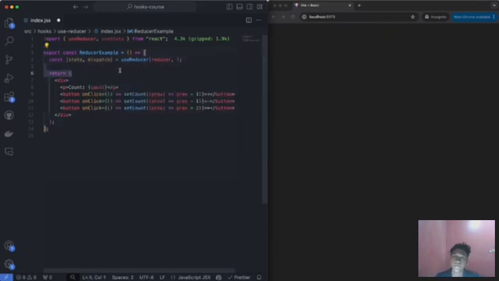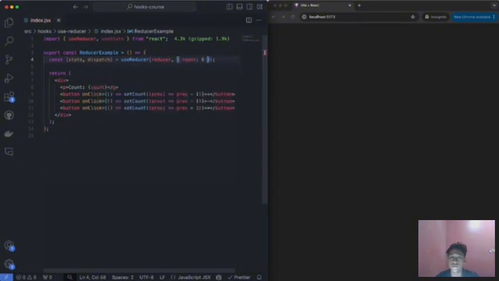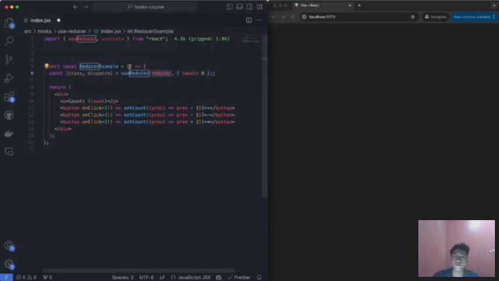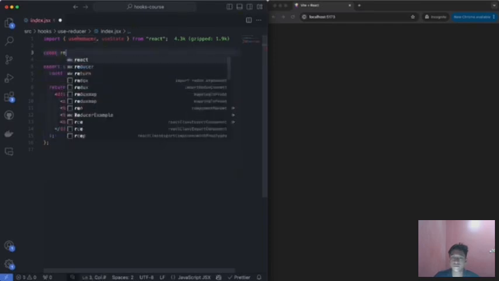So similar to how we had before the count equal to 0 over here, we want to pass an initial value for this reducer. A reducer state will be in the format of an object. So we'll pass an object with a count inside of it and an initial value of 0. Now, we want to create what is known as the reducer function, this thing over here. And we'll create it over here. So we'll say const reducer,